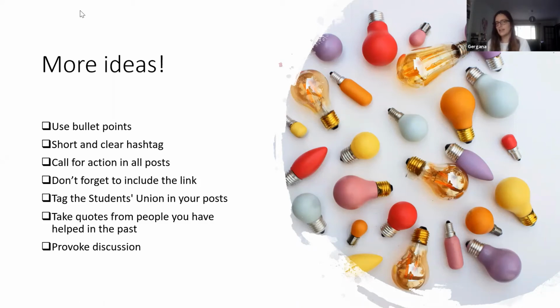One more idea to the checklist is to take quotes from people that you have helped in the past. So a lot of the candidates are already engaged either in a society or as a course rep, or maybe just helping course mates without any particular role, but they are already doing something. And don't worry if you've never done anything and you've not engaged in the past. Try to think of personal examples where you've helped someone. But if you get quotes, this is very powerful, and this is very important, because people can relate to that and they can see that, oh, we've already done so much.